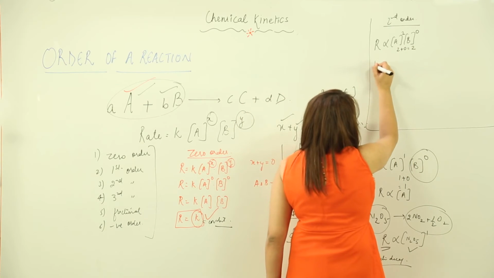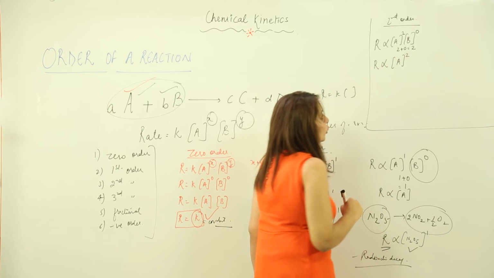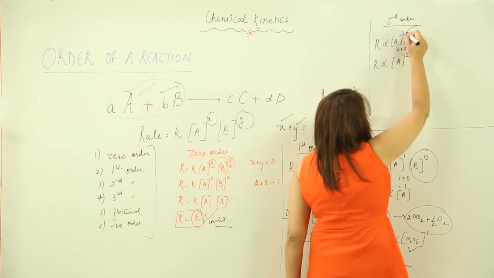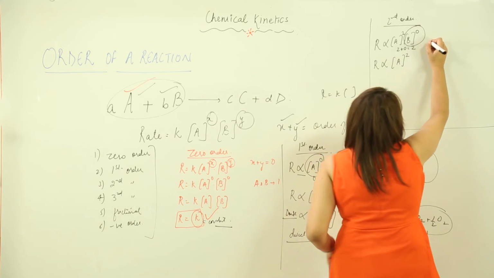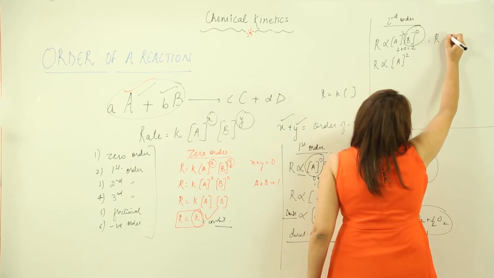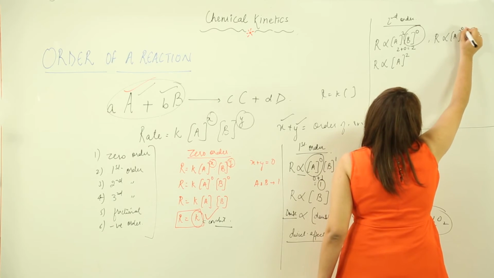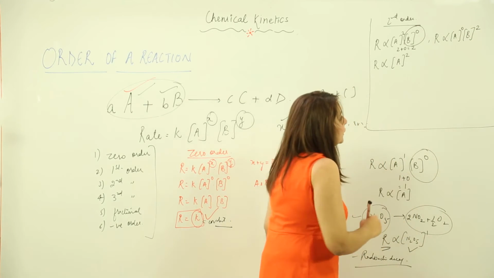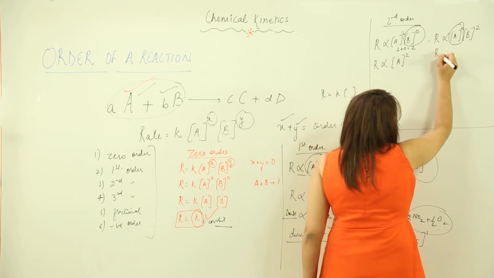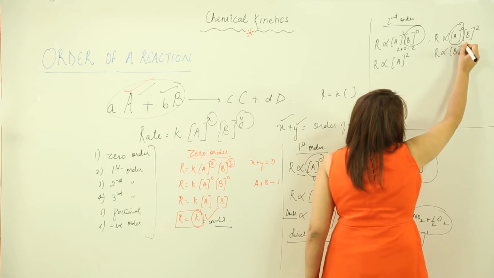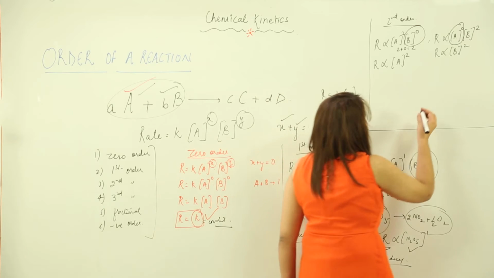So in this reaction, the rate is affected only by the concentration of A, not by B, because the power of B is 0. It is not contributing toward the rate of the reaction. We can have one more combination. We can have the possibility that it may exist like this, where A is 0 this time and B is 2 this time. So in this case, the rate is hardly affected by the change in the concentration of A, and it depends upon the concentration of B. This relation can also be written in another manner. We can have the relation.